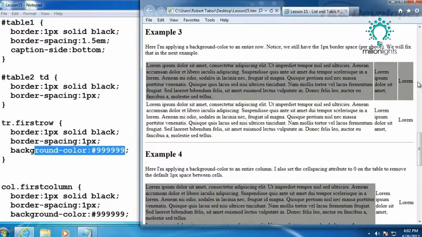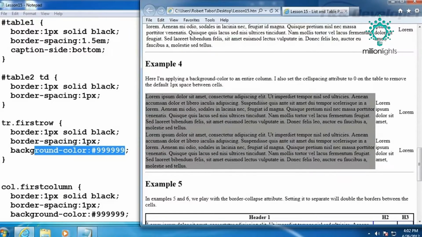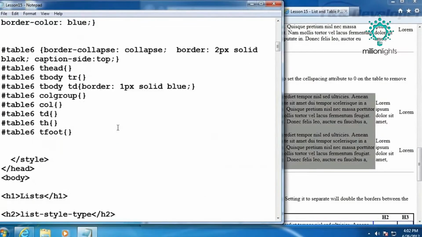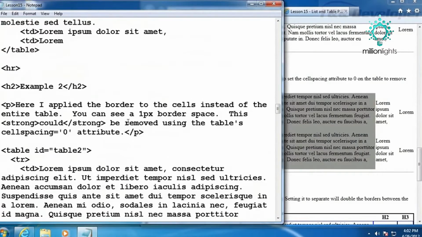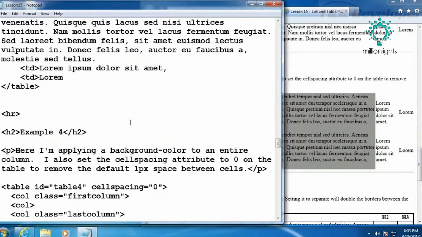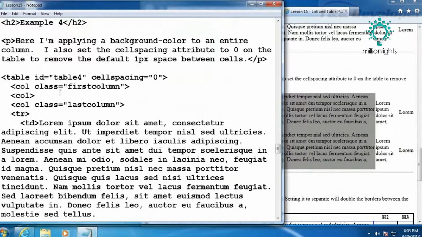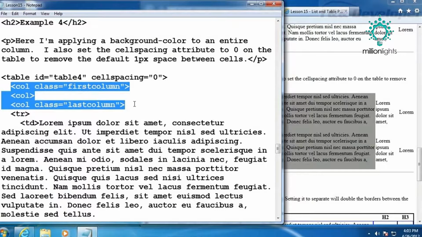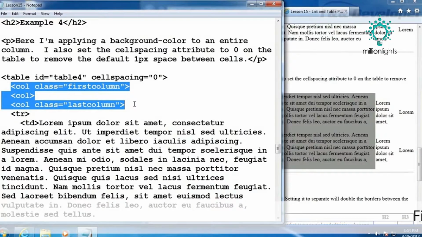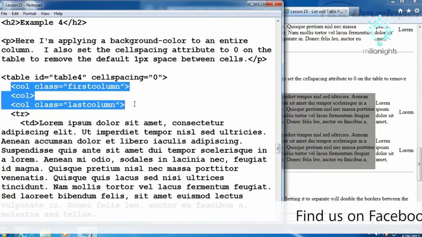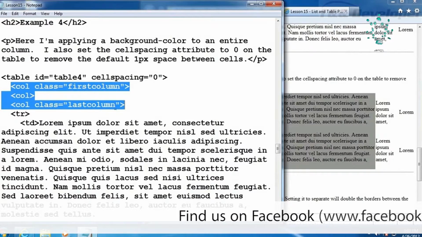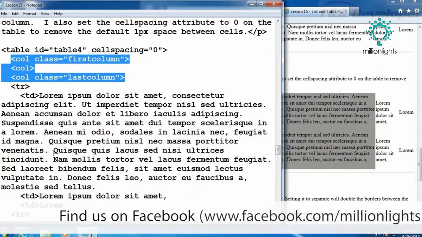So that's how we were to define a color for one entire row. Here we're going to work with an entire column, and I think, if memory serves me correctly, that looks a little bit different. So let's go down to example number 4, and notice here we have a series of columns defined. And I didn't talk about colgroups and cols, but it is a way to define up front the various columns that will then be used by the TDs and THs inside of each of our TRs in the